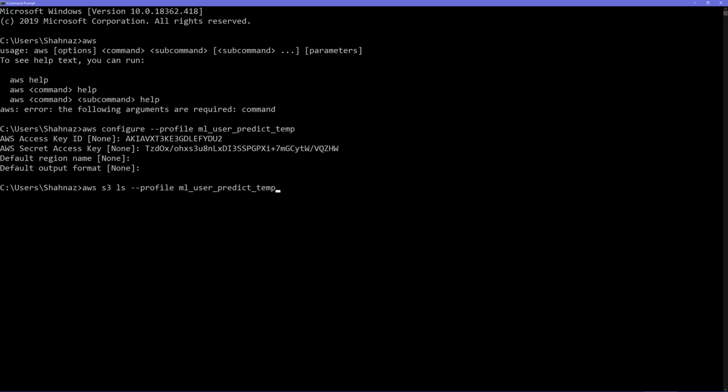So this is, I think, good to go. I'm just hitting enter. So here is the error. An error occurred: access denied when calling the list buckets operation. So it's showing that this is coming back from AWS. It's showing us that our AWS CLI is working, and this is the way we connected to AWS